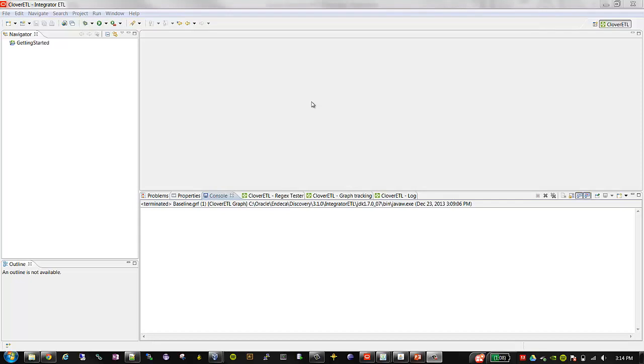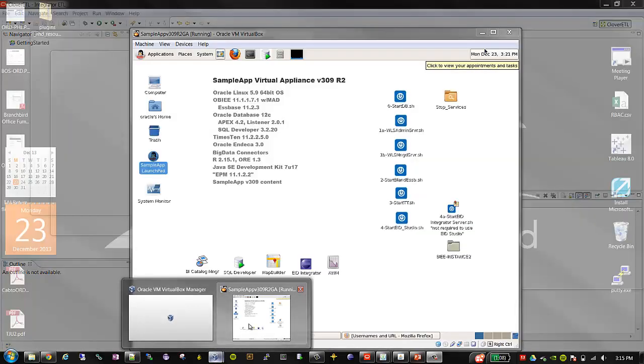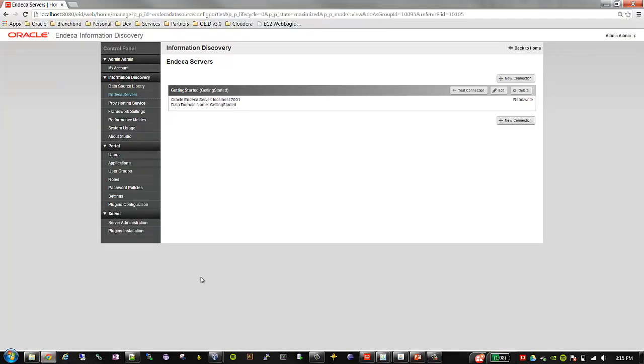there's an easy way for IT to tap your OBI investment, again allowing them to jumpstart the development of what will be these IT provisioned applications. To demonstrate this, I again have my OBI VM running 11.1.1.7, as well as my 3.1